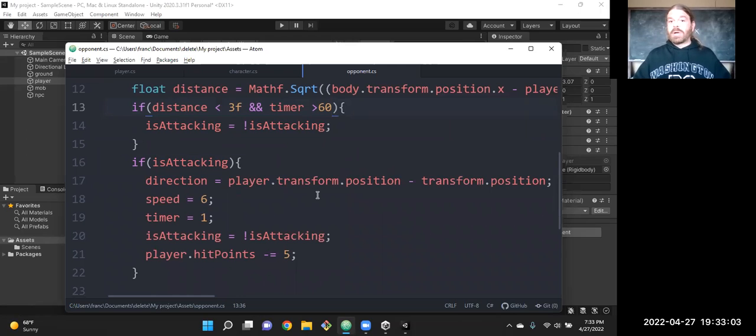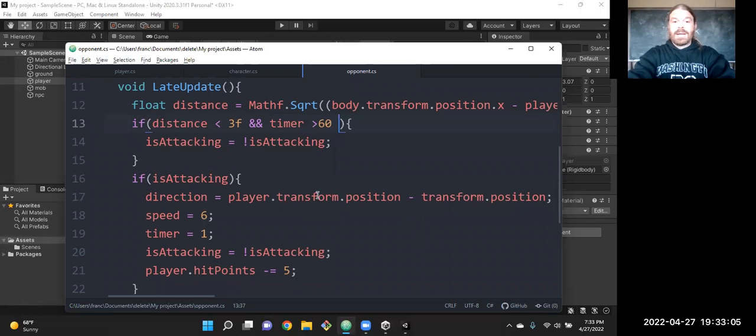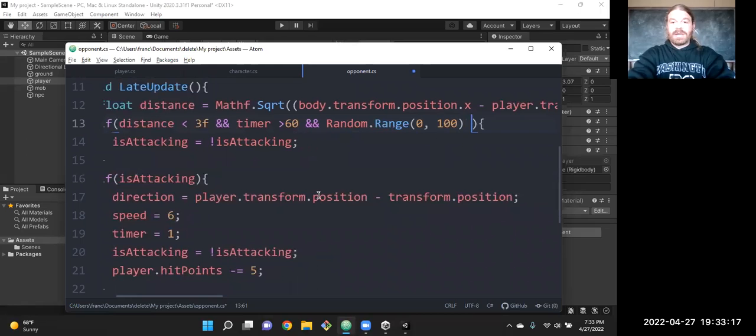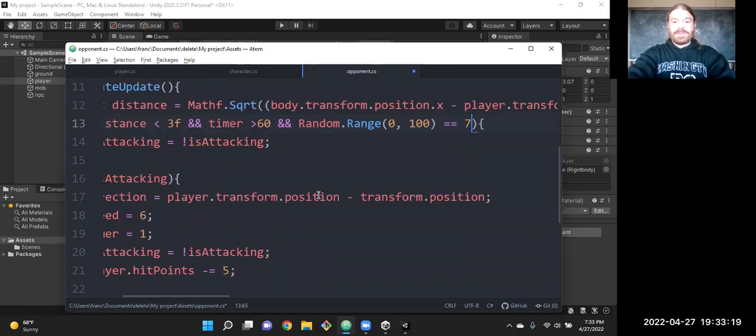So just add a simple probability. Like do a random range of 0 to 100, if that's equal to 7. So there's a 1 in 100 chance that on any particular frame,